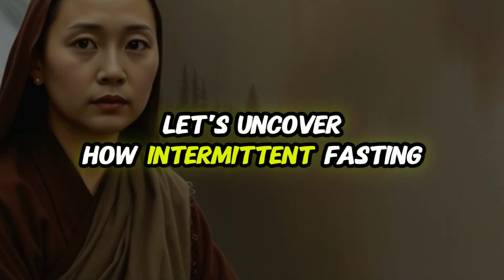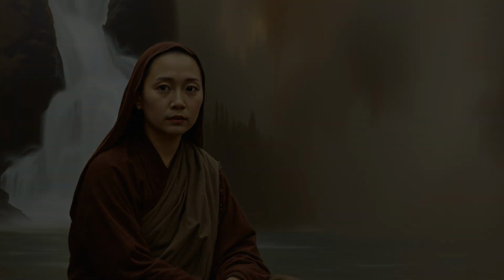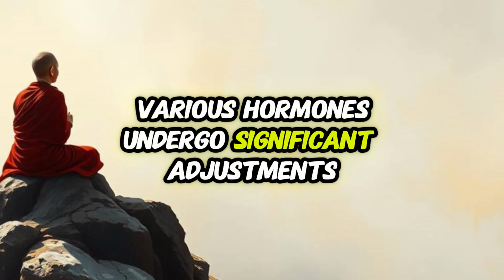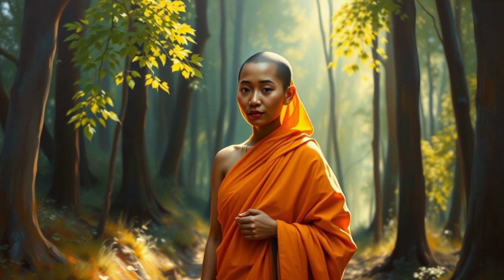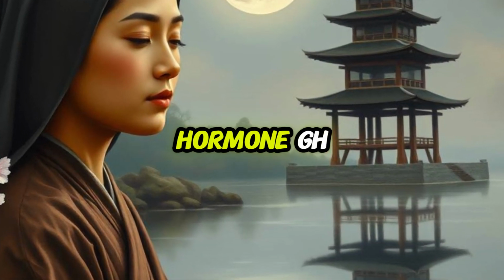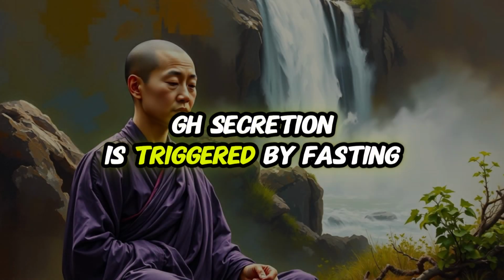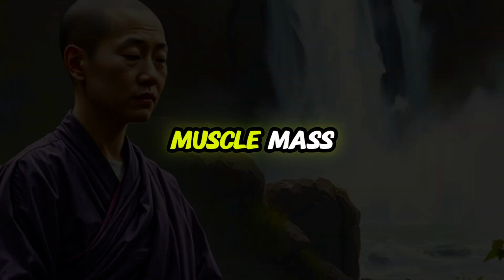Let's uncover how intermittent fasting reshapes your internal hormone balance. During intermittent fasting, various hormones undergo significant adjustments that contribute to the benefits of each method. One of the key hormones impacted by fasting is growth hormone, GH. GH secretion is triggered by fasting as the body enters a state where it needs to maintain muscle mass and